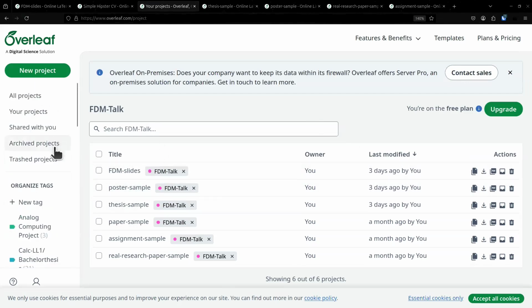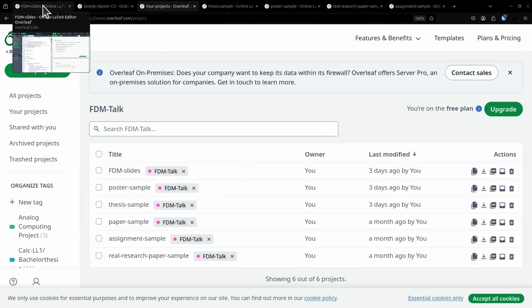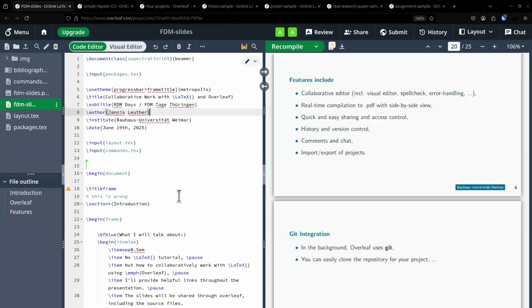Also, which I will not show, you can log in to Overleaf or create an account using various different methods. I have created an Overleaf account myself. You can of course use Google or whatever, but you can also use the ORCID to log in, which is, I think, very helpful if you have one. So you don't have to provide a lot of information to create an Overleaf account. This is, of course, for the official overleaf.com instance. If you use the TU Ilmenau instance, for example, then of course you already have an account.